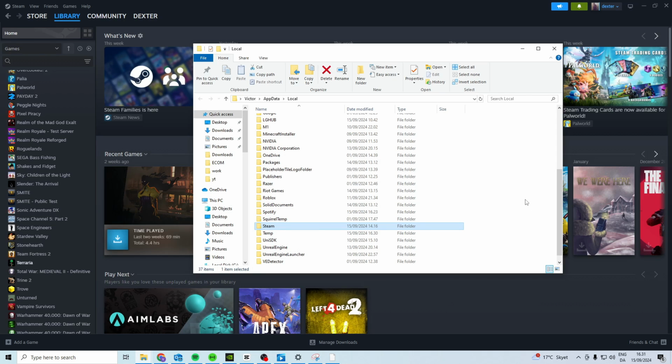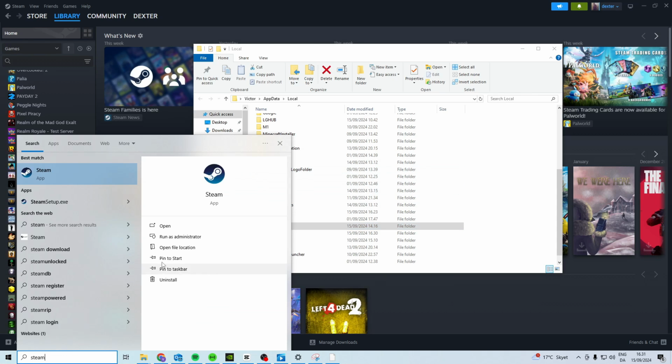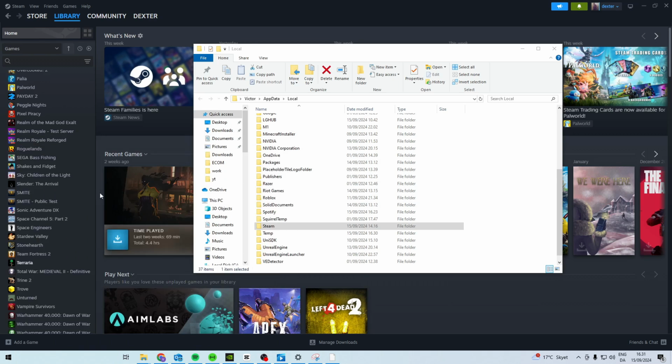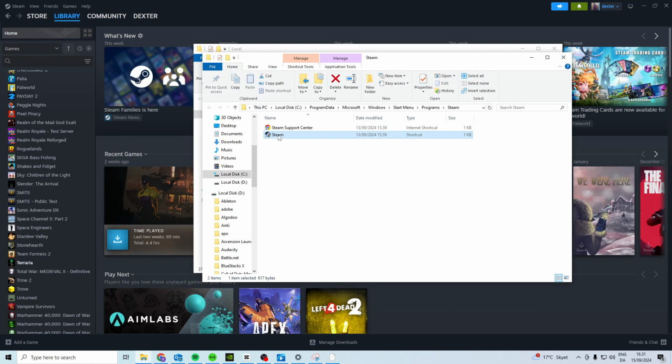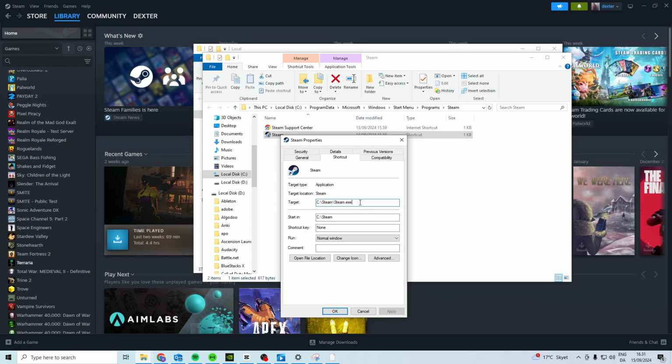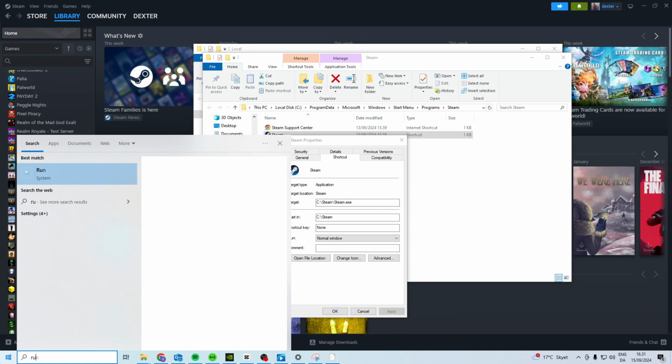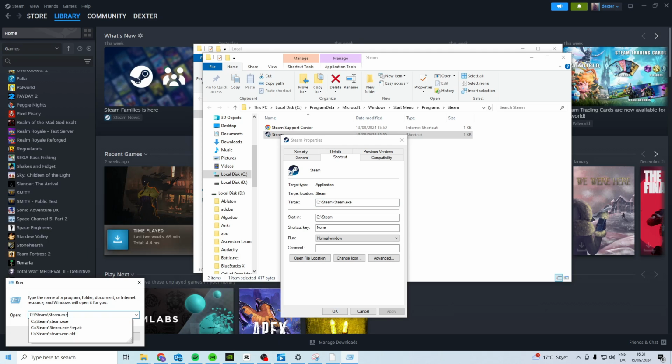So basically those are the two ways that you can fix the issue right now that I know of. For a last thing, something that you can try, I'm not sure if it works, but you can repair the Steam. So just come here and search for Steam, right click on it, open file location. In here you want to find the Steam, properties, copy this one, go to run, enter, and paste it, and